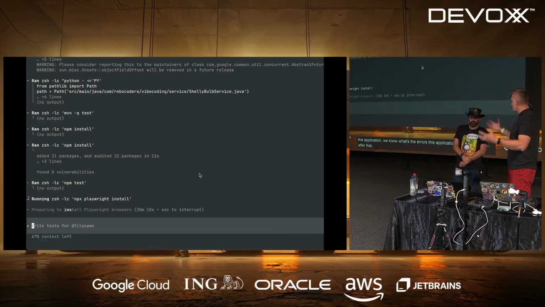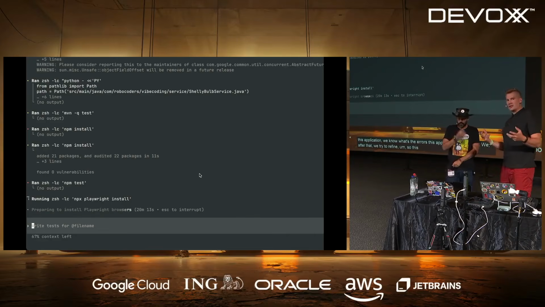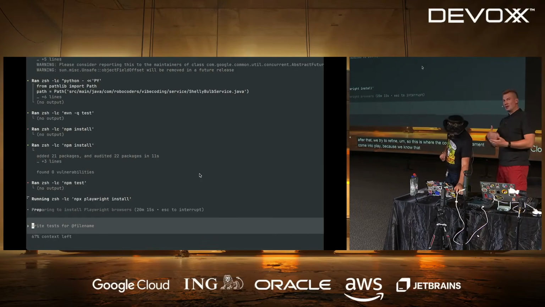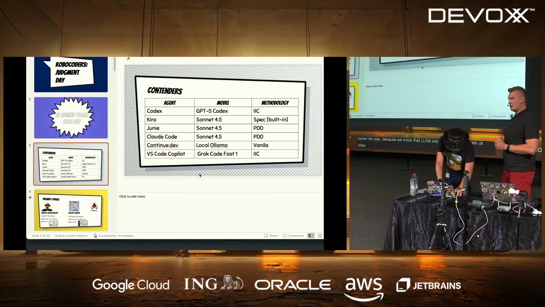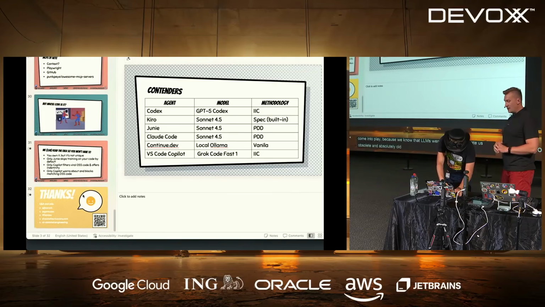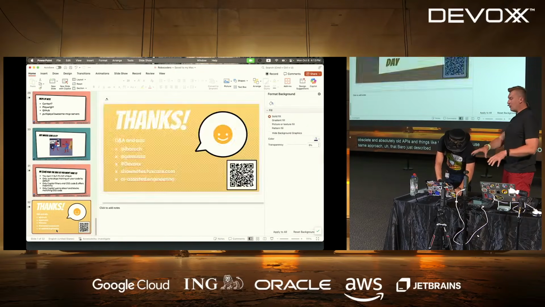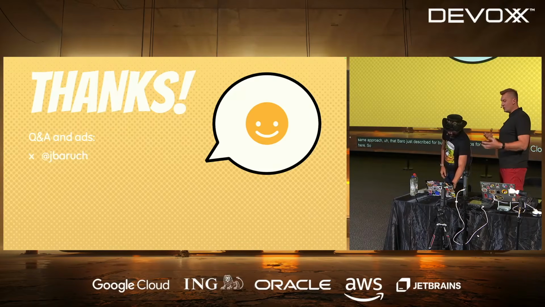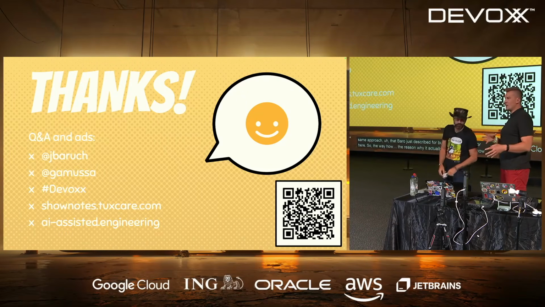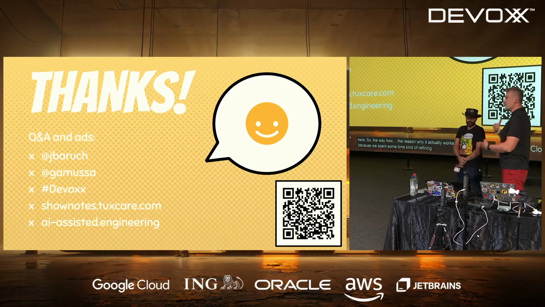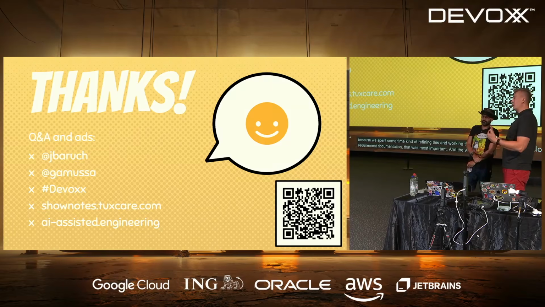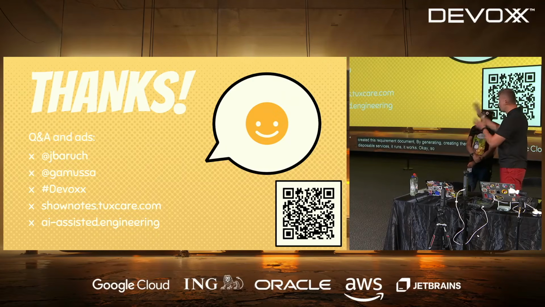After that, we try to refine. So this is where the Context 7 requirement comes into play, because we know that LLMs are going to generate obsolete and absolutely old APIs and things like that. So we use the same approach that Baruch just described for building our demos here. The reason why it actually works great right now is because we spent some time refining this and working through this requirement documentation. That was most important. And the way we created this requirement document, by creating these disposable services, it runs, it works. Okay, so let's turn it away and get the comparison of what we did differently from this step.